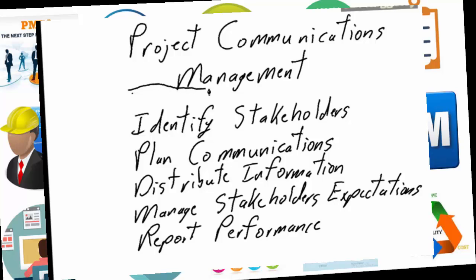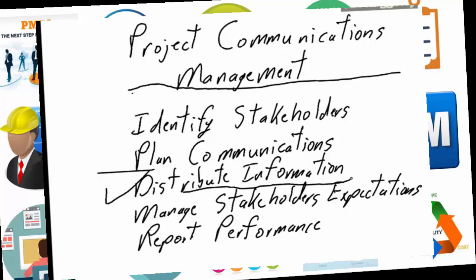This concludes our nugget. This concludes 2 nuggets on project communications management. This nugget was focused on communications in action. The key to this nugget, the key to all communications, is effectively distributing the information, making sure that you have the right information in the right format, that it's going to the right people in the right time frame, using the right vehicle, that you're providing weekly status reports to the appropriate shareholders, and you're doing this via email,